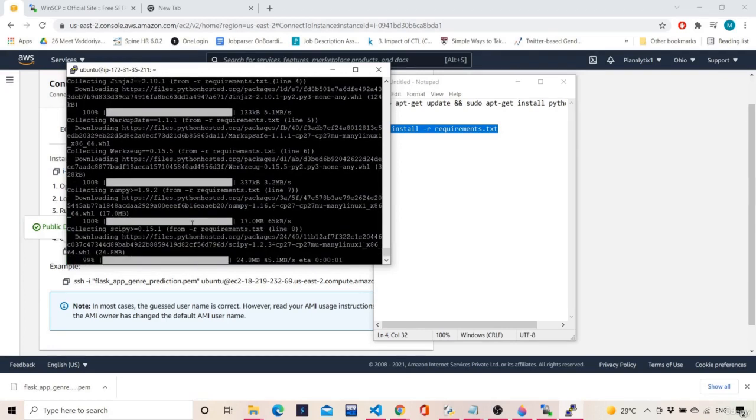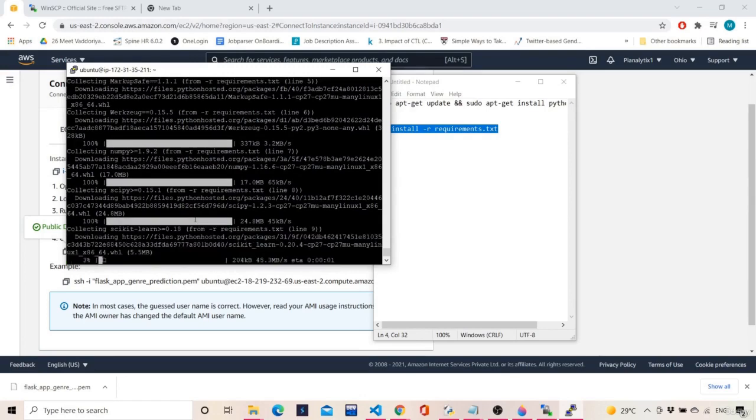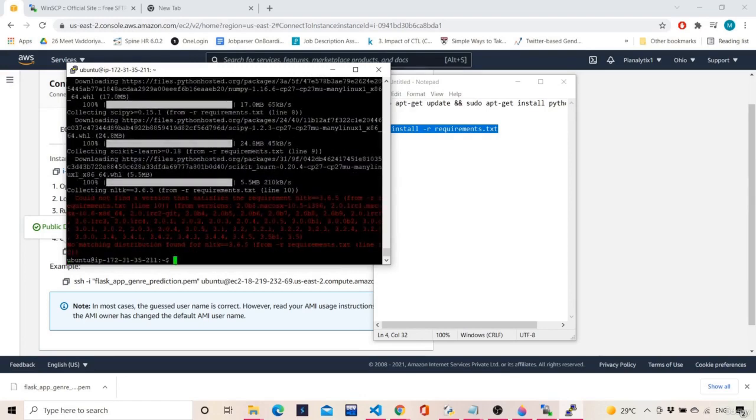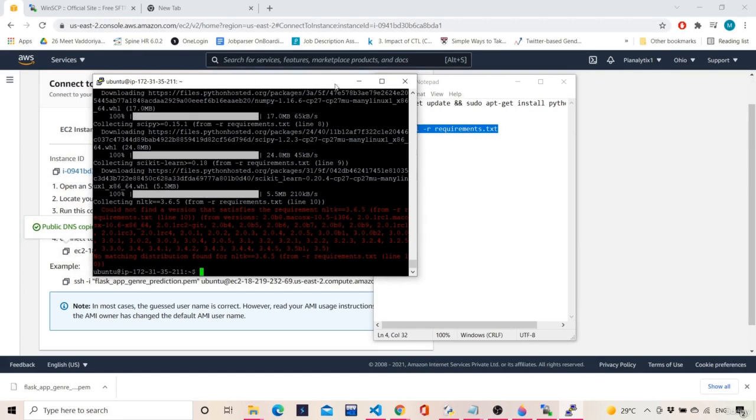You get some kinds of errors, like it couldn't find a version that satisfies NLTK, for NLTK==3.6.5. So this is one error which I saw.